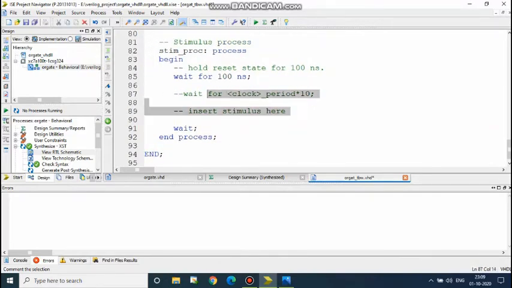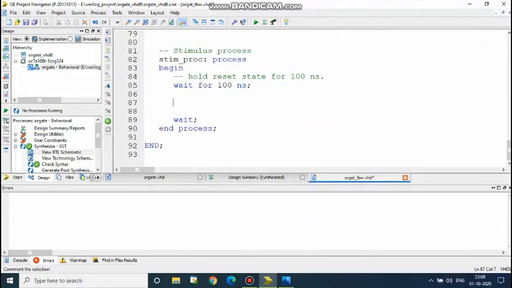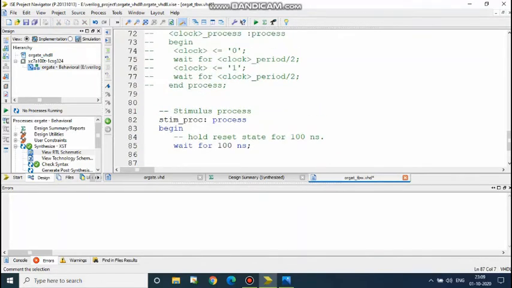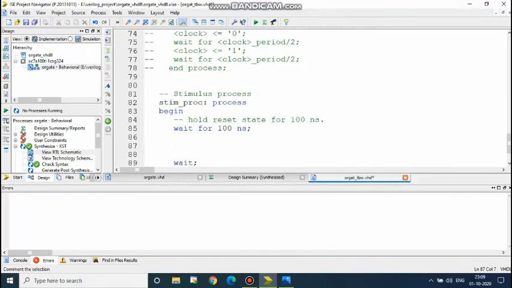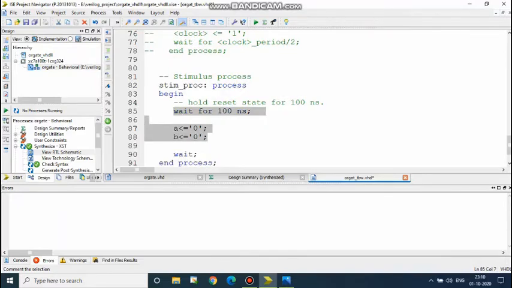Now I have to write every possible combination of states of the OR gate. So A is assigned a single bit, we have to write in single quote 0 semicolon. B is assigned 0 semicolon, and we have to repeat the state with a wait for 100 nanoseconds line.